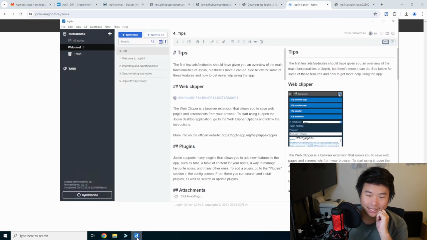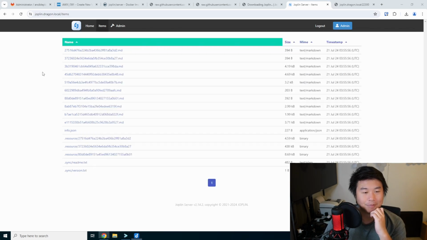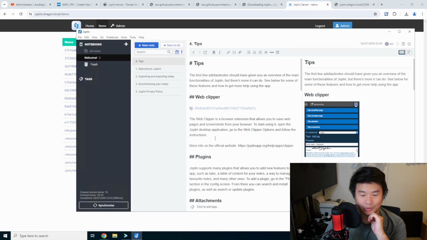So took a little bit. SSL always gets me regardless. That's the problem with doing self-sign certs occasionally, that it's not perfect. But that's okay. But we got it, and it looks like everything synchronized. So if we were to make updates, we can see that it would probably update down here, and we should be good. So if you're looking for a self-hosted way, this is one way to self-host your Joplin server